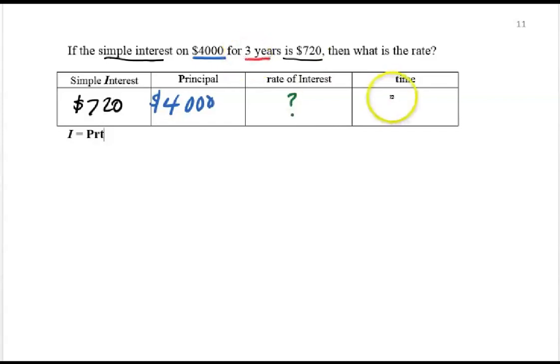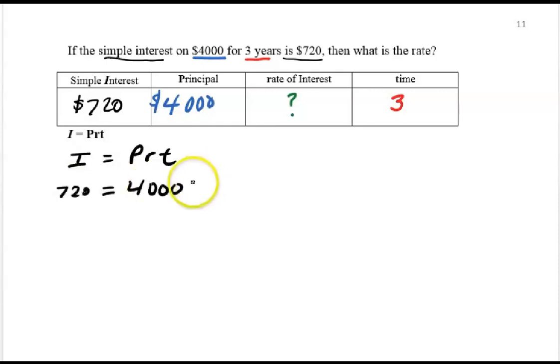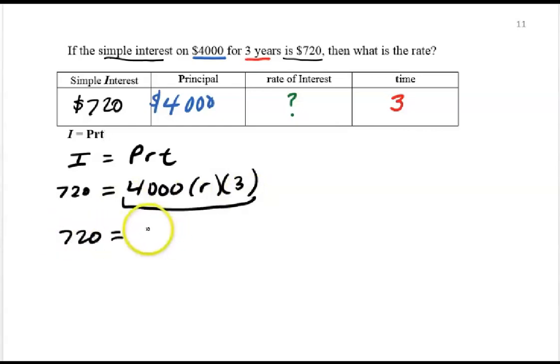So after inputting into our table everything that was given to us in the question, we're going to use the simple interest formula, I equals P times R times T. Now, we're given the simple interest, so we will put in the 720, and that's equal to the principal 4,000 times the rate, which is unknown, times the time for 3. And the first thing we're going to do simply is multiply 4,000 times R times 3, and that gives us